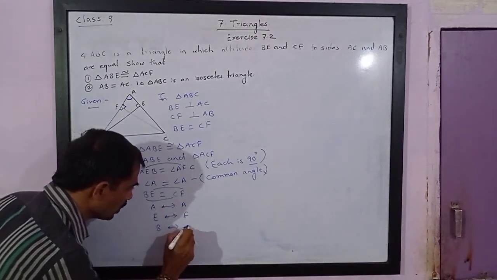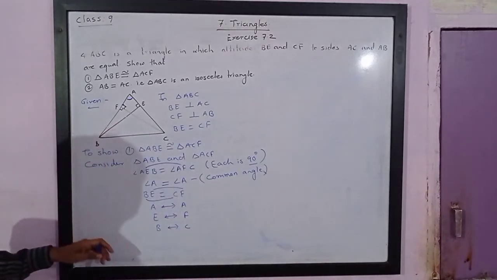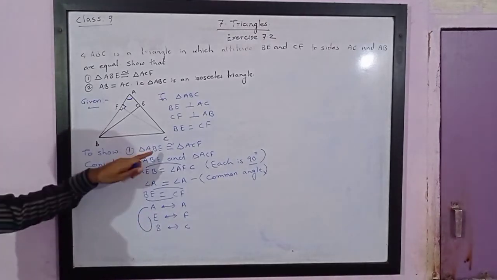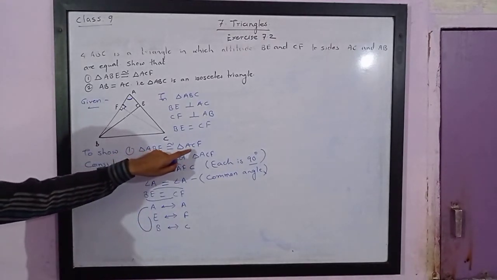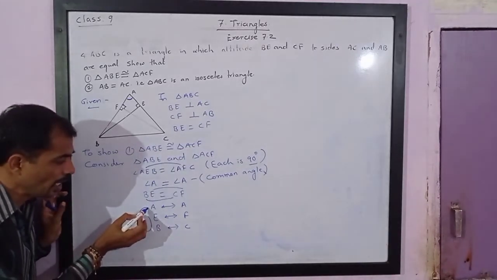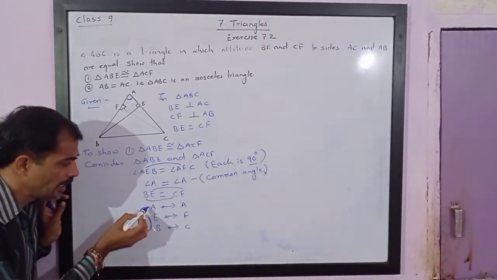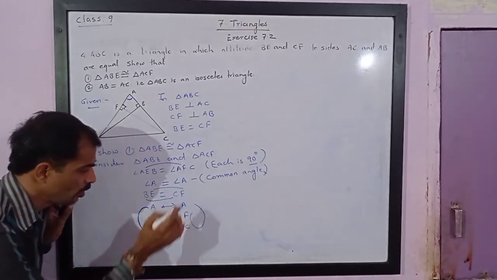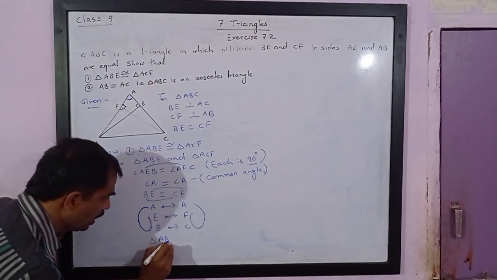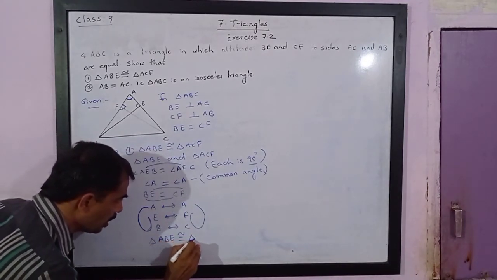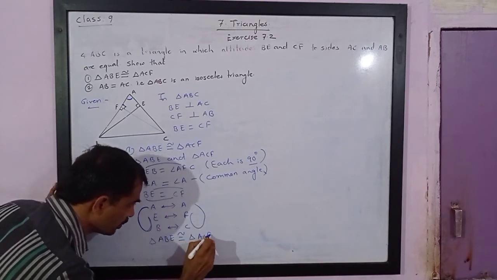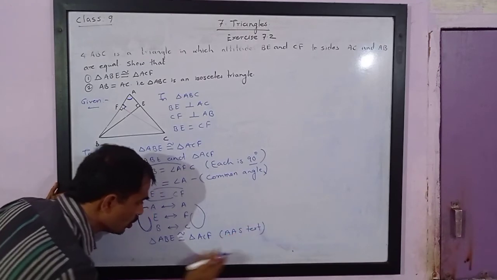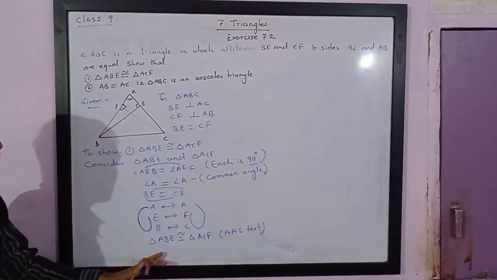B corresponds to C. So we will get triangle ABE, that is first, third and second, because we were asked to prove that triangle ABE is congruent to ACF. In order to write triangle ABE, we can write it like this, that is first, third and second vertex. It means from this side also first, third and second vertex. It will be triangle ABE is congruent to triangle ACF by the angle-angle-side test. So two triangles are congruent by the angle-angle-side test.